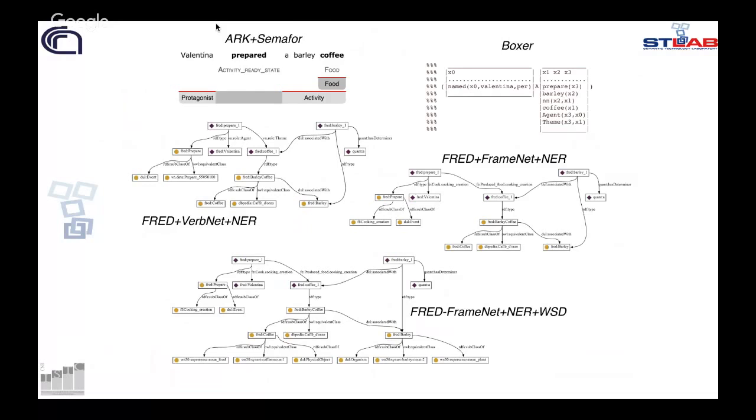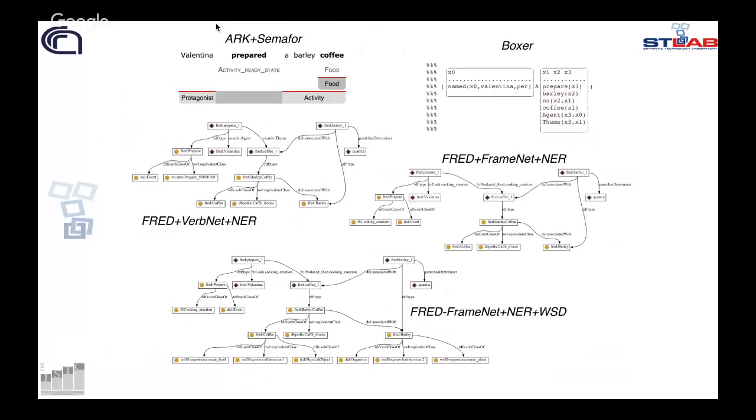So the first one on the top left of the picture is Semafor, and from a text it identifies what are the frames that can be recognized in the text. So in this case, we recognize an occurrence of a frame prepare in this sentence, Valentina prepared the barley coffee. Boxer instead is a tool that transforms text into discourse representation structure, which is a specific subset of first order logic, and gives us this box-like representation, a formal, logical representation of the text,